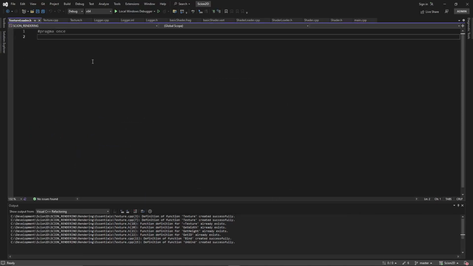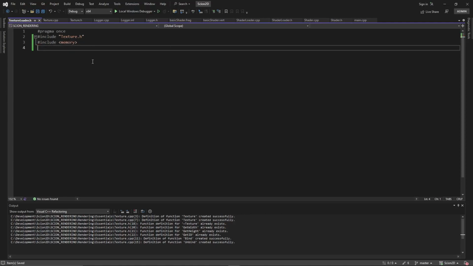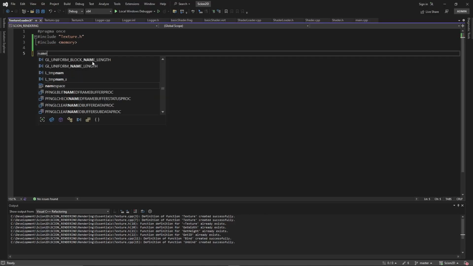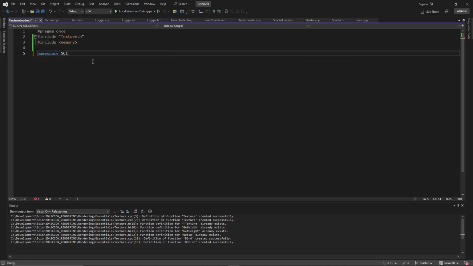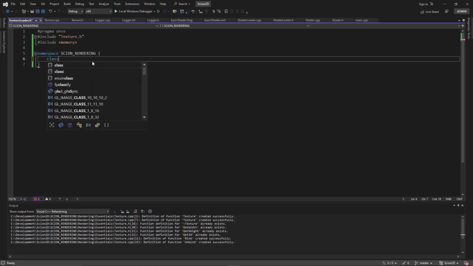All right, so in our TextureLoader.h, we need to include texture. And we also need to include memory. We need memory because we're going to be setting back in our create function, we're going to be creating a shared pointer. So namespace Scion rendering. You can name this whatever you like, and it would be class TextureLoader